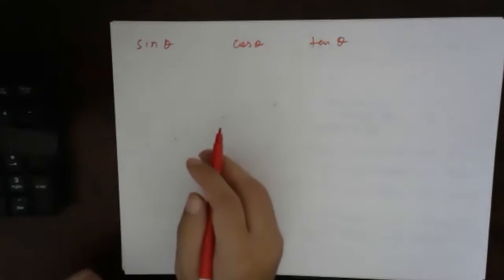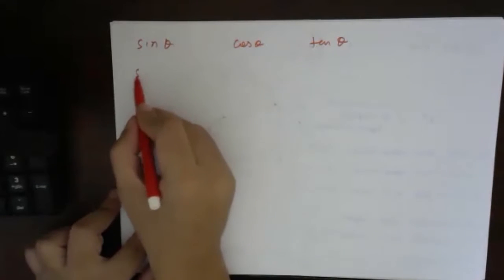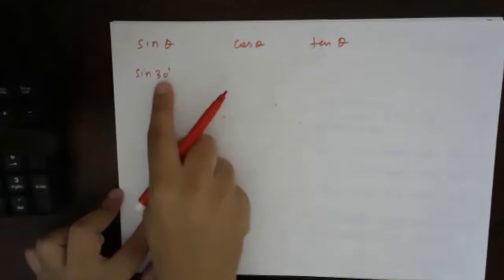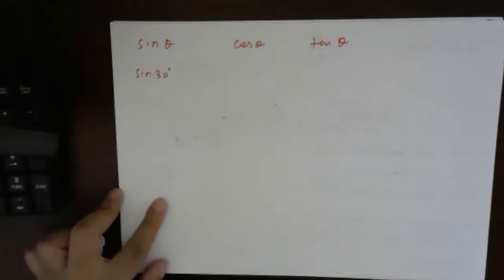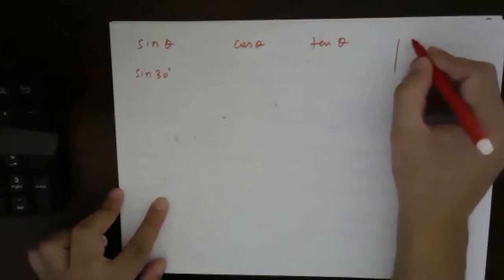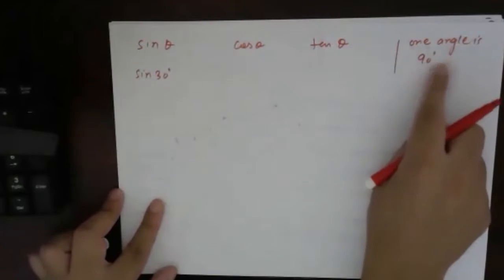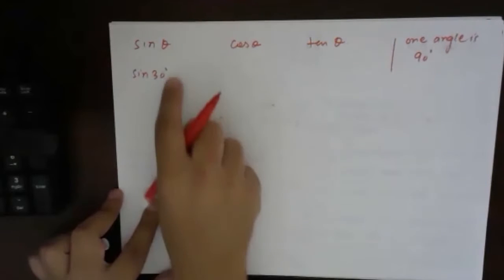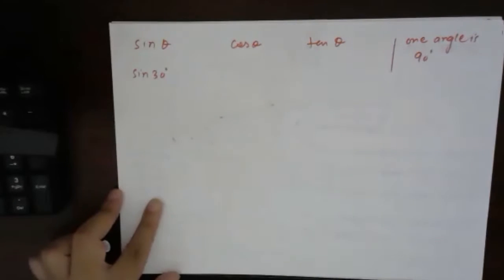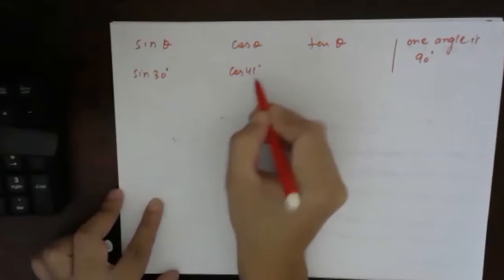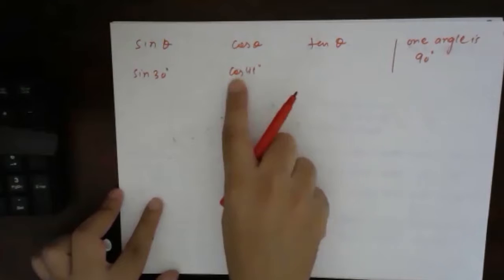Right? Now, irrespective of the shape or the size of the triangle, for all triangles, sine of 30 degrees will be the same. No matter what the shape of the triangle is, if one of the angles is 30 and another is 90, which is given, then for all these triangles one angle is 90 degrees. That is for sure. If this is sine theta, then it will be the same for all triangles, no matter how big the triangle is. If this is cos of 45 degrees, then it will be the same for all the triangles which have 45 degrees. So cos will be the same, right?